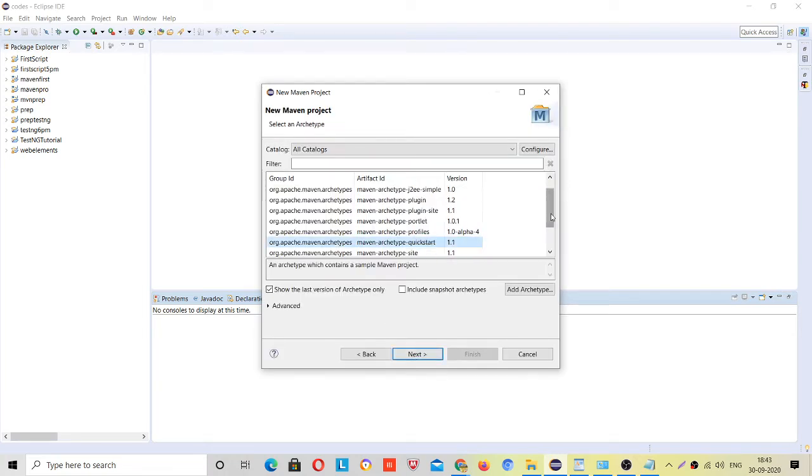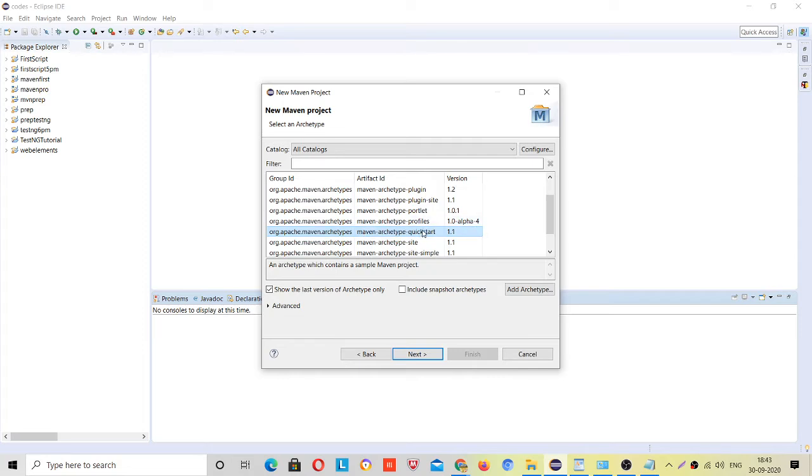See which you have to select: maven-archetype-quickstart. This is for testers, we normally use this. You can go for any one, but this is sufficient for us. Maven is not only for Selenium or for particular things, it supports multiple platforms and multiple languages. Just copy this.